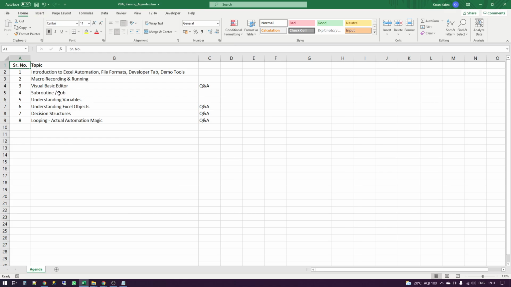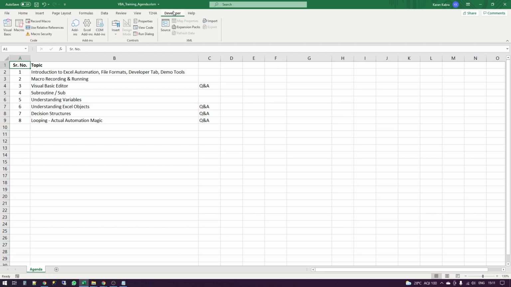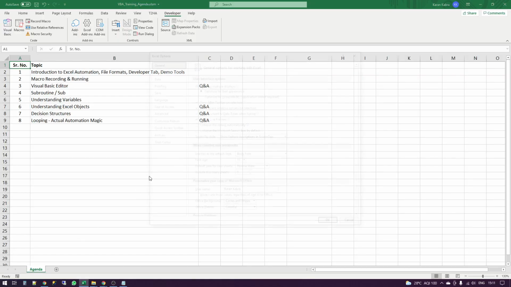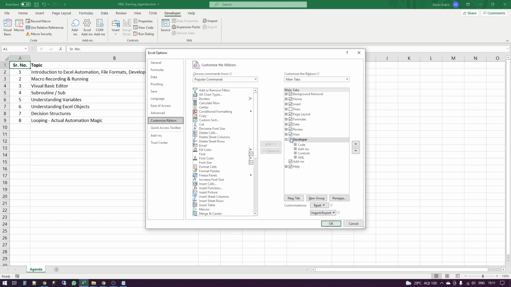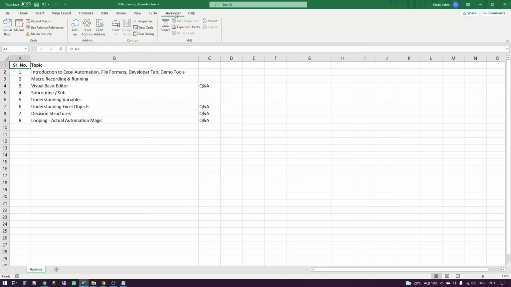I'm pretty much sure that if you've never used macros, you will not have this developer tab. So I would want everybody to get the developer tab. You don't need to repeat anything in terms of trying anything out at this point. You can later on even watch this video and then do it. So just focus your total attention on learning. To be able to see the developer tab, you should go to Excel options. There's an option here, customize ribbon. And here you will see this option of developer, which must be unchecked. So if you check this option and hit OK, you will be able to see this developer tab here.